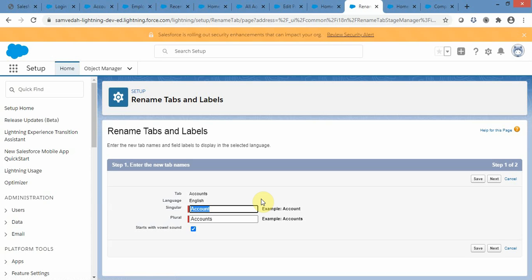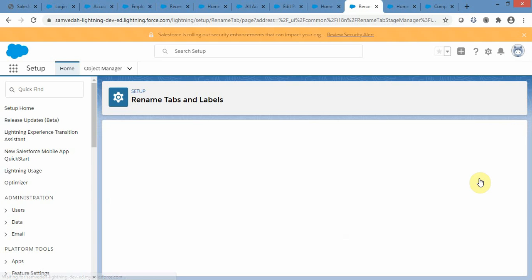name of our standard object. So I just want it to be shown as Customer, okay, and Customers. I just hit on save